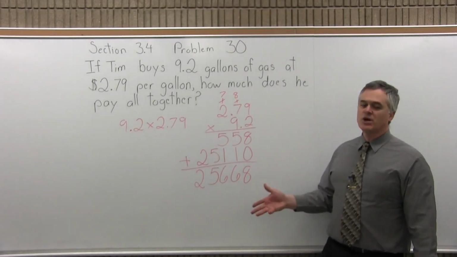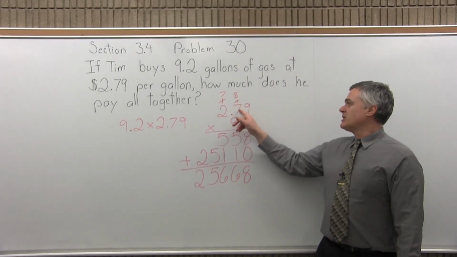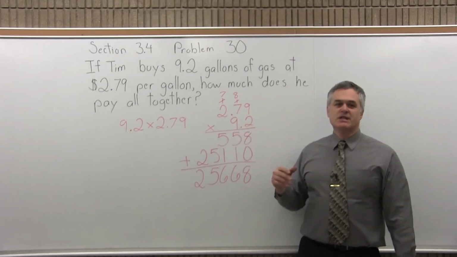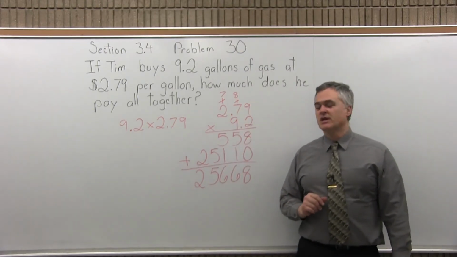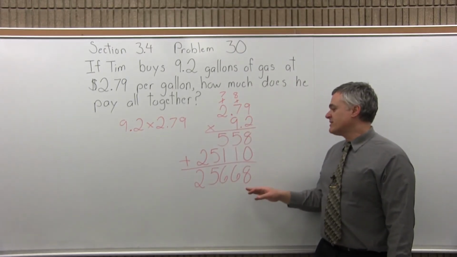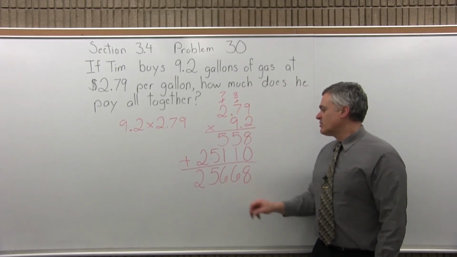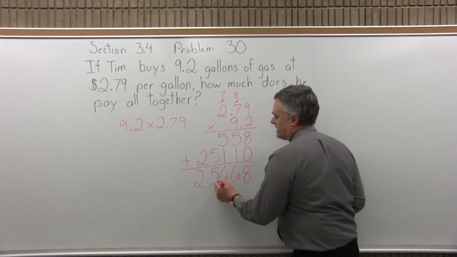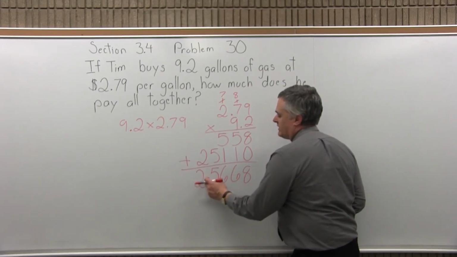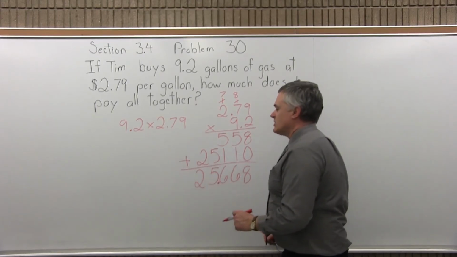So where does the decimal go? Go to the question, count how many places you have altogether after the decimal in your question. If you count it up, 1, 2, 3 places after the decimal in the question. I need the same number of places after the decimal, in this case 3. 3 places after the decimal in my answer. So if I count in 1, 2, 3, the decimal would go between the 5 and the first 6. So my answer is